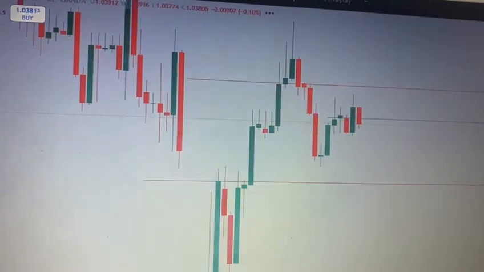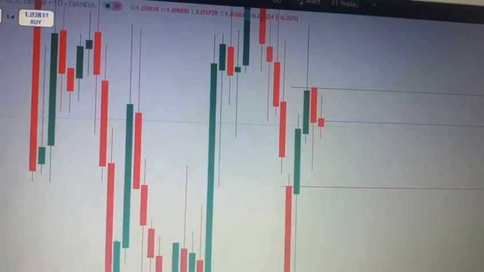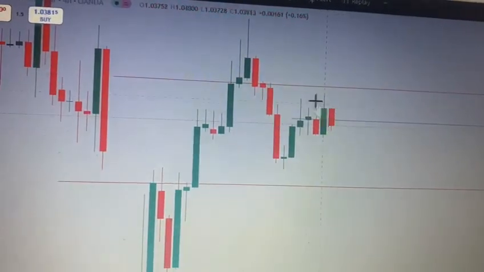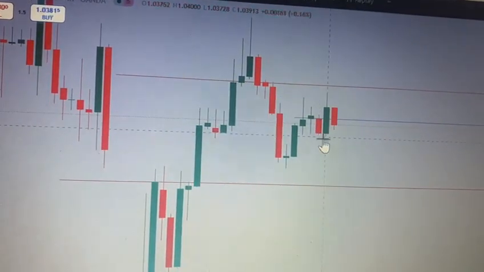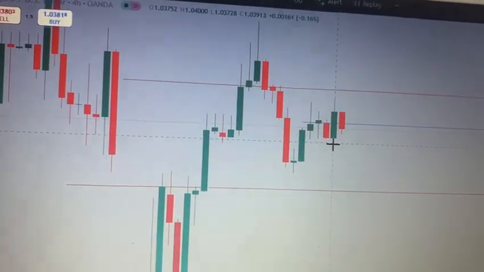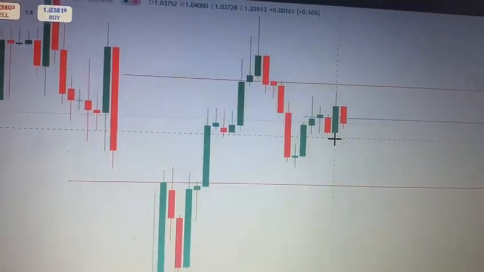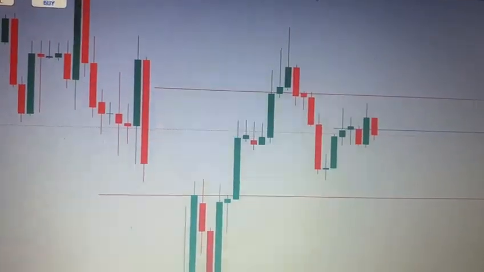But this is one of the setups that I normally admire to bet high on. You get it, especially it's played out on EUR USD too as well. So these are the setups that I normally go in with a high